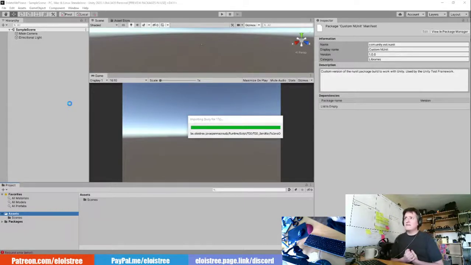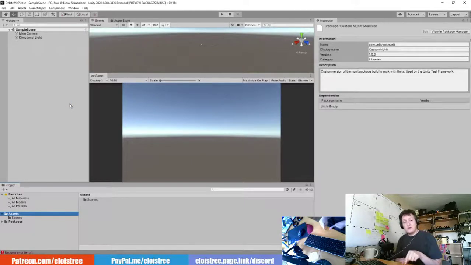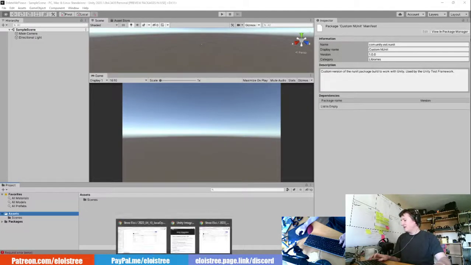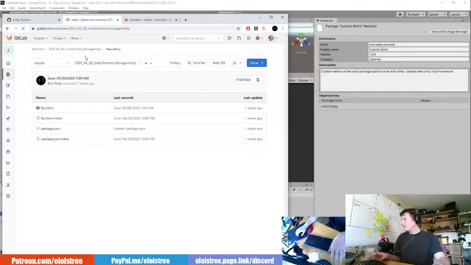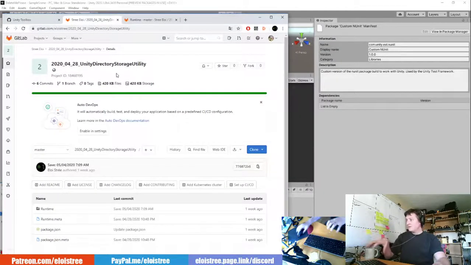Maybe you will ask yourself, why do I need this package here? It's because you will work with Android, and basically you don't want to type the IP of your PC and the port of your PC each time you reopen the application. So the first link, I will show you directly in the navigator. This one is called Unity Directory Storage Utility. It's basically a tool that allows you to save some data, not in your application folder, but in the disk of the user.